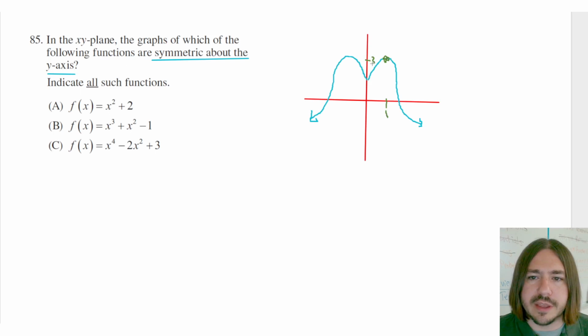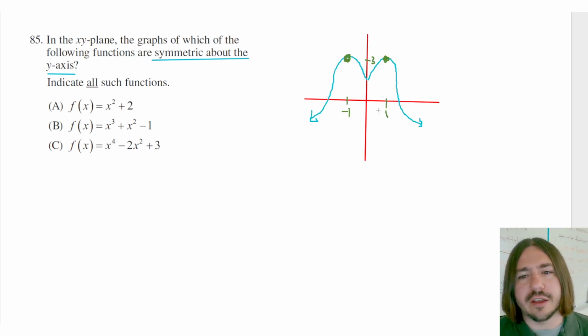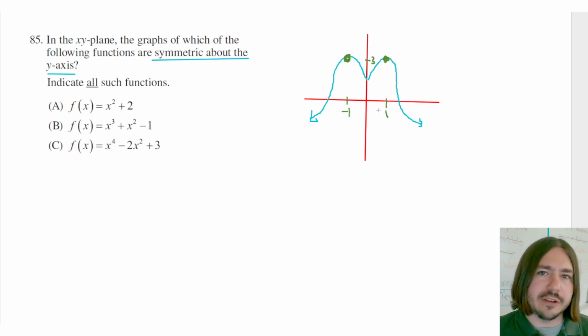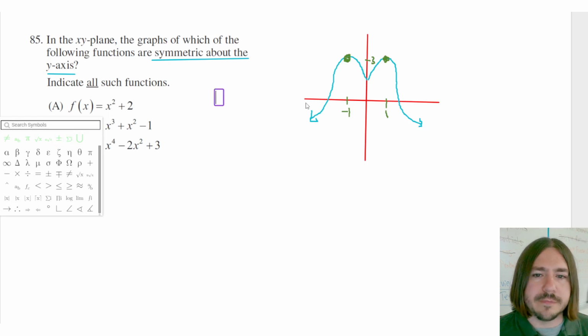But if that's the case, then if this is symmetric, then if x is -1, the y value should also be 3. So in other words, every positive x value's output should be equal to the negative value's output. Another way to think about this is that f of x needs to be